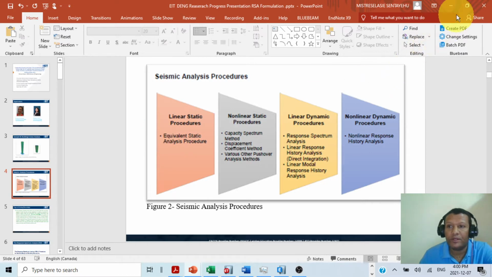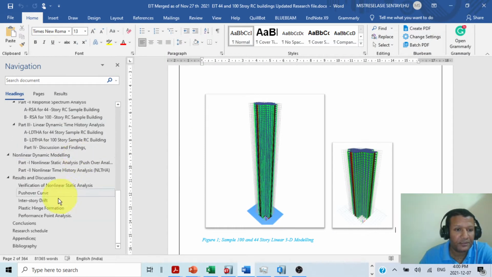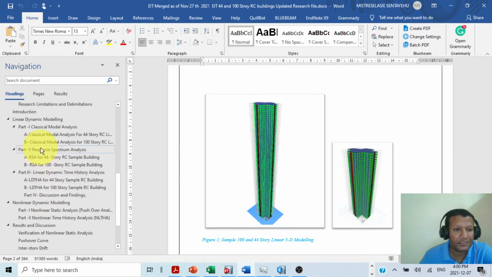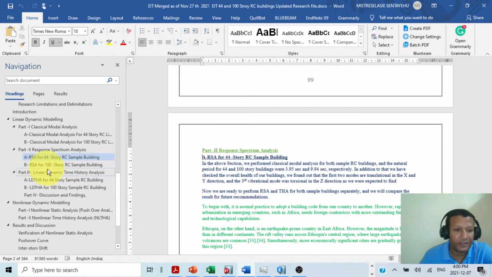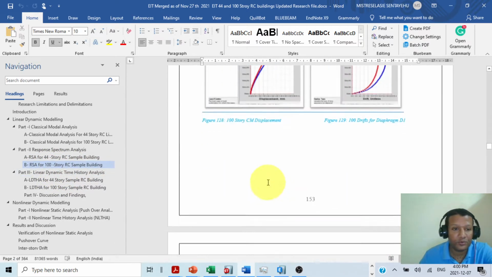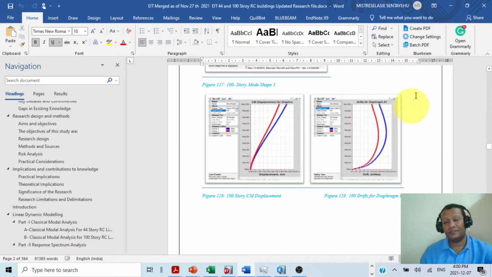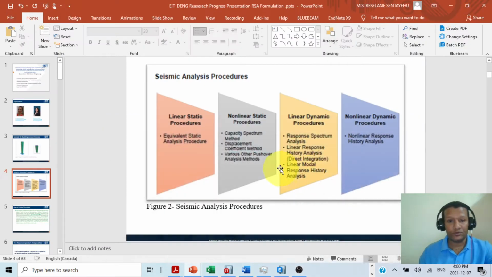Before I continue, this is the whole research paper. As per our research paper, this is the second part: response spectrum analysis. So RSA for the 44 building and RSA for the 100 building, and these are the outputs and everything. Before that, I want to discuss why